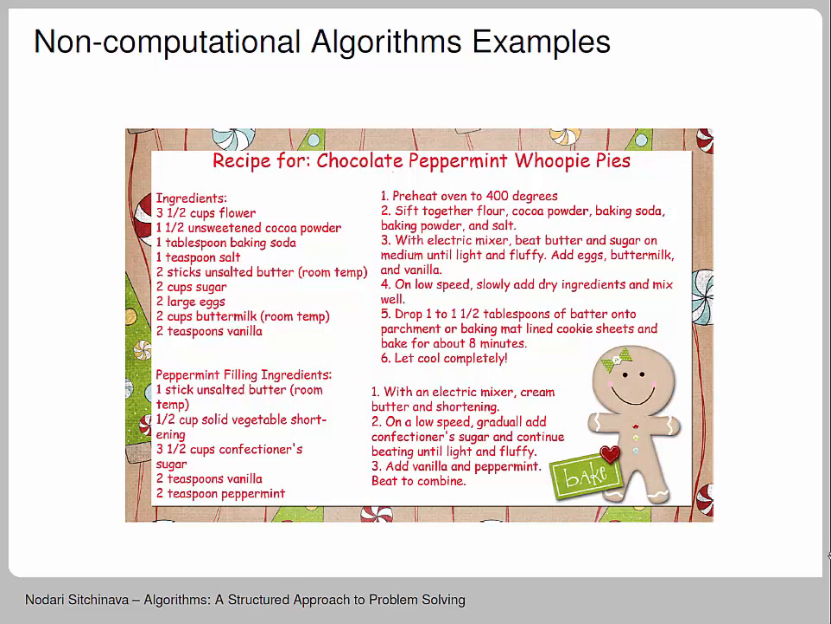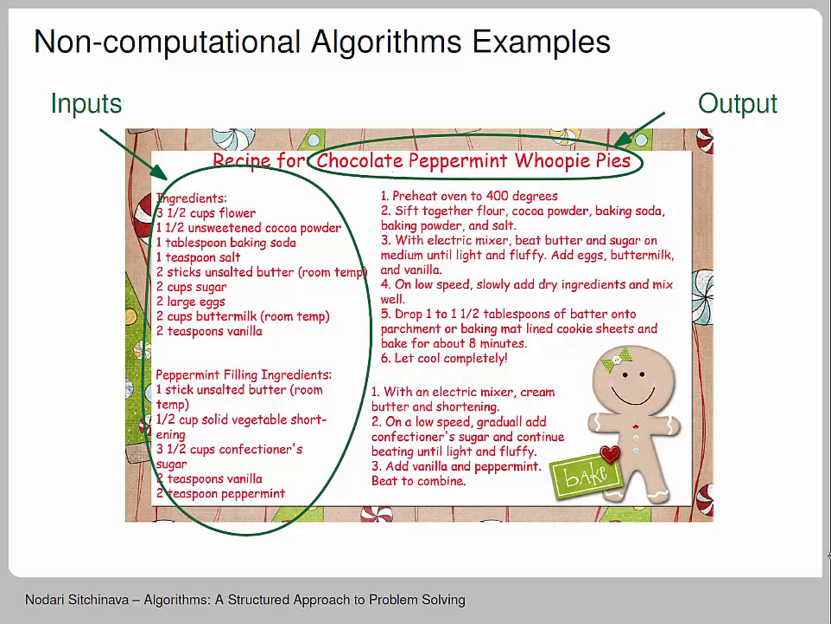For example, recipes consist of several parts that can be associated with concepts known to programmers. For example, the ingredients that you use to cook something are the inputs to your algorithm. The output is what you're trying to make, in this particular example, chocolate peppermint whoopie pies. And there are even loops and termination conditions for those loops. So for example, in this case, you want to beat butter and sugar for a while until they become light